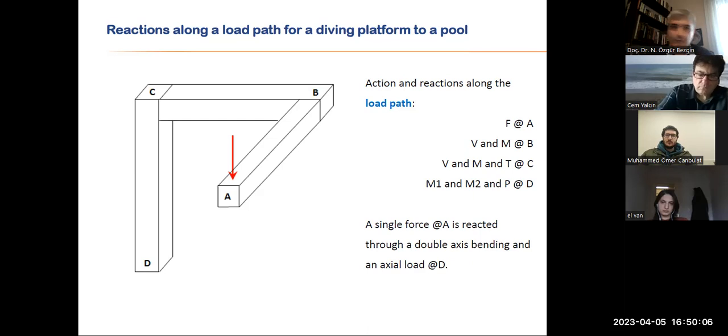We can talk about this for any type of structure, but what makes this structure a structure is its connection. Because if this connection at point D is not capable of dealing with this, it's not even a structure. It is just basically this odd shape of mass. That's it. It is not a structure. This is a structure as long as AB can bend, as long as CB can bend and twist, as long as CD can bend. This is a structure as long as it can manifest these behaviors. And what is forcing them to manifest that behavior is the support condition at point D.